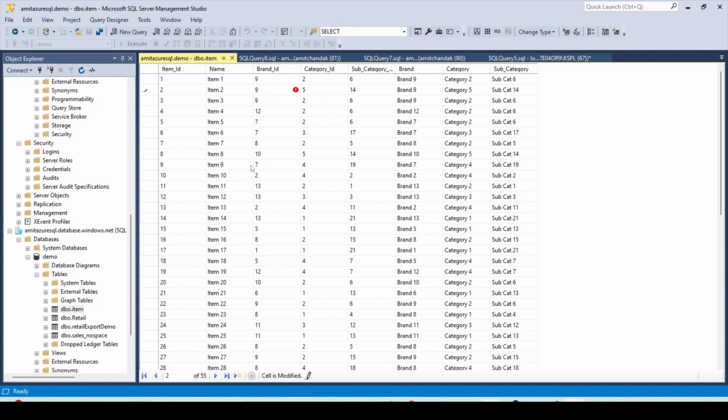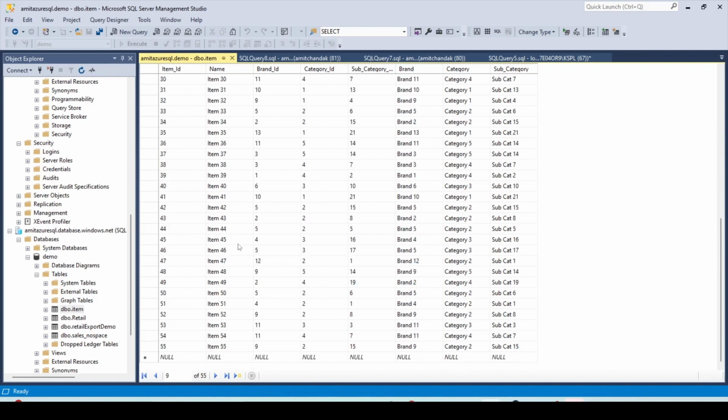Now I would also like to insert a new record. So for that, I'll scroll down and create a new row, 56, item 56, and let me copy whatever is above: 9 to 15, brand 9, category 2 and subcat 15. Let me press enter and it got committed. So now I have one additional row and let me go ahead and refresh my